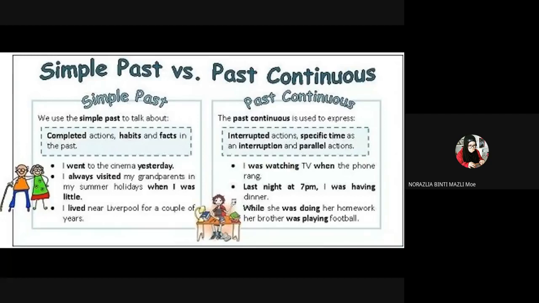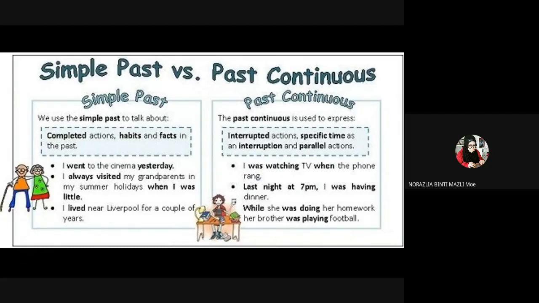I was watching, one verb. Another one is the phone rang. Nampak tak phone ni rang? Dia tak kata the phone was ringing. Maksudnya apa? Maksudnya for this part, when you want to use past continuous, sometimes you can use both in the